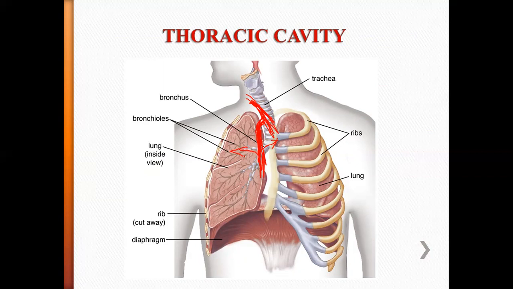Apart from this, the major things you have to remember are the pulmonary vein and pulmonary artery. What is happening with the pulmonary veins? How many pulmonary veins? 4 pulmonary veins are there. They carry oxygenated blood to the heart. Then the pulmonary artery. How many pulmonary arteries? 2 pulmonary arteries are there. They carry deoxygenated blood. So these are all the blood supply of our lung.